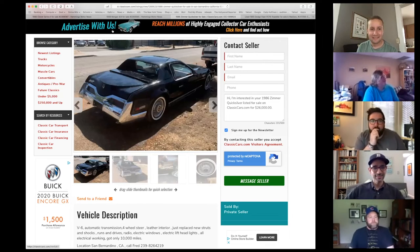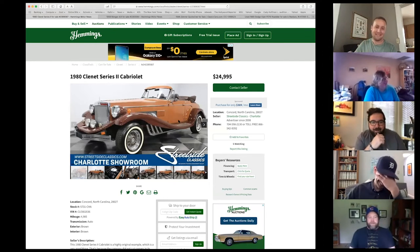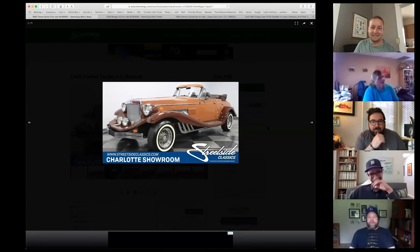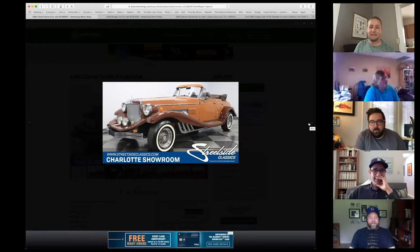What's your next car? Okay, hold on. This is my last car. This is the Clenet Series 2 Cabriolet. Oh, God. Wow. Now, the thing is that when I was a kid, they used to build these things out in Goleta, which is very close to where I am now. Yeah, it's like a Santa Barbara car, right? It was very much a Santa Barbara car. They had this building out by the airport where you could go and watch them build it. And there would be all these stacks of